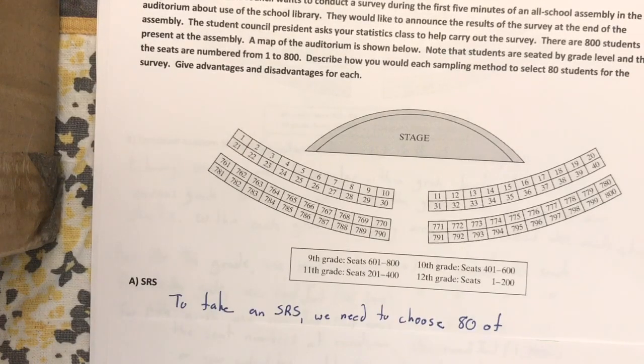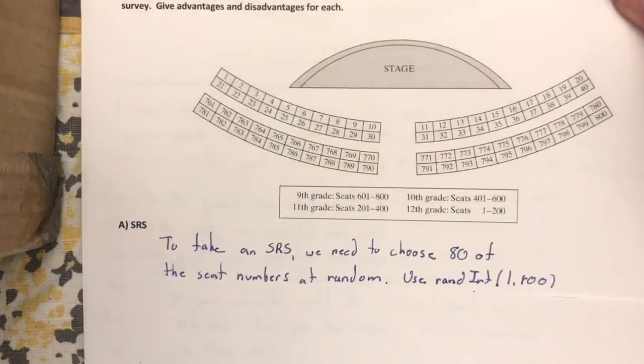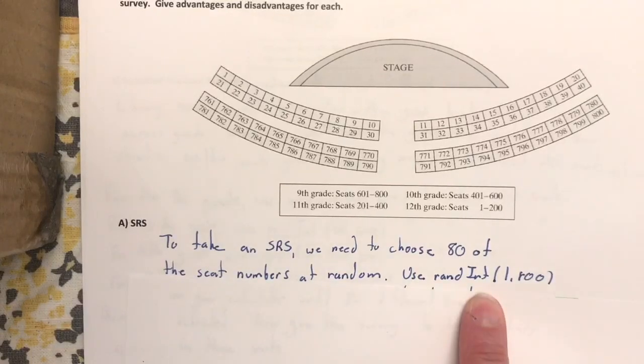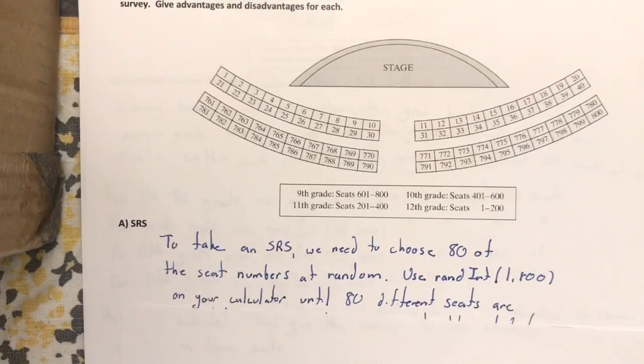So we have 800 students in this auditorium, and we're going to select 80 students for a survey. To take a simple random sample, we need to choose 80 of the seat numbers at random. Using technology, we can use our ranInt function from 1 to 800, where 1 represents the first seat and 800 represents the last seat. We'd use the ranInt function from 1 to 800 on our calculator until 80 different seats